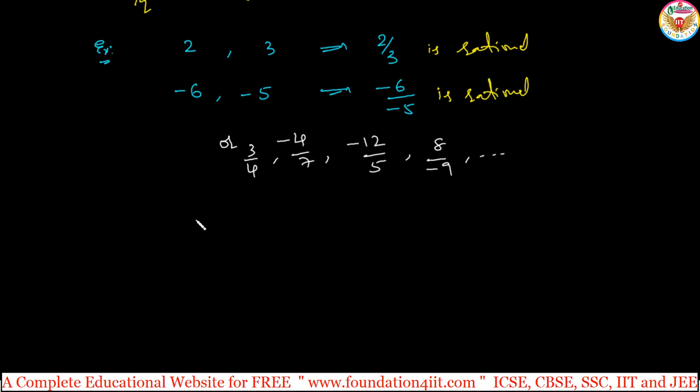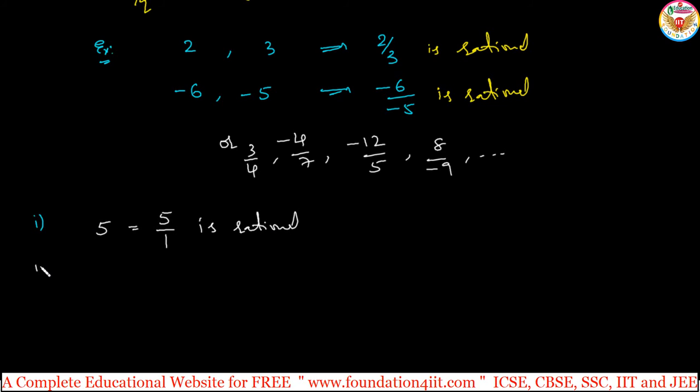When we come to the basic properties, first one, just remember: every integer is a rational number, but the converse is not true. Every integer is a rational number. That means let us take the number 5. 5 is a rational number because 5 is an integer and I can write 5 by 1. So 5 is an integer, so 5 by 1 is a rational number. But the converse is not always true.